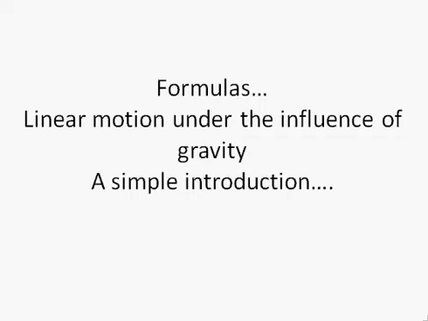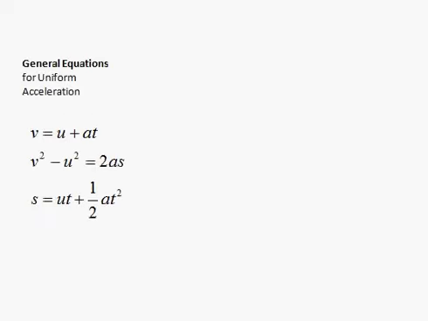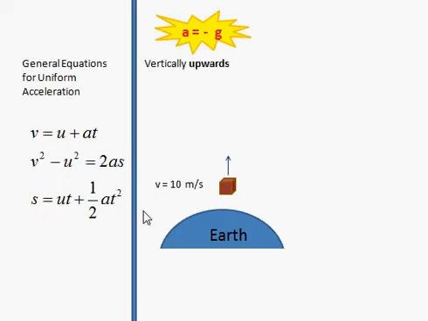Let us see some formulas for the particles or bodies which experience gravity when they move vertically, either in upward direction or in downward direction. A simple introduction. We all know these three general equations which govern the horizontal motion of bodies. These three equations speak about the relationship that exists between the velocities, acceleration, time, and the distance traveled by the body. How to extend these three equations to vertically moving bodies means we need to understand the physical phenomenon